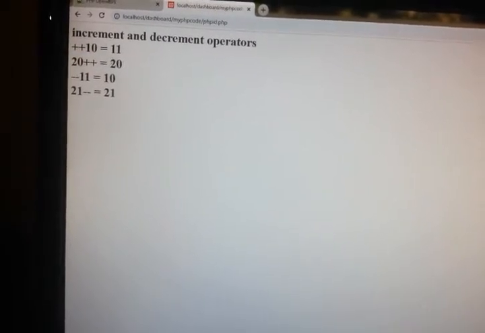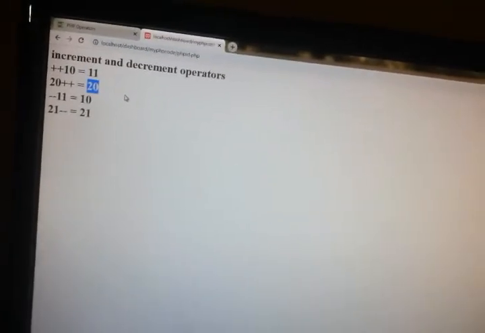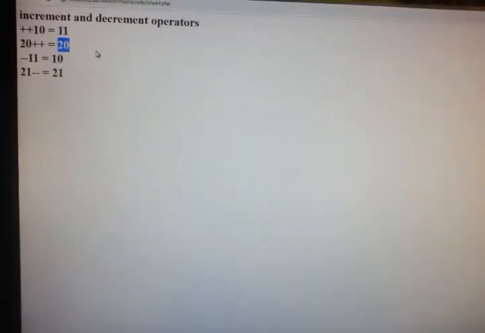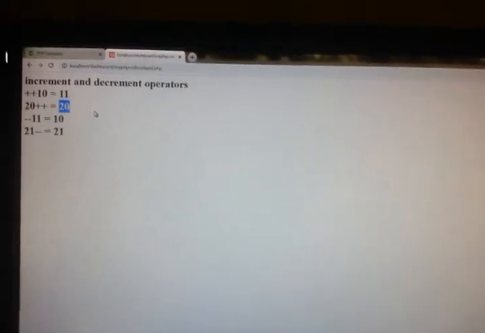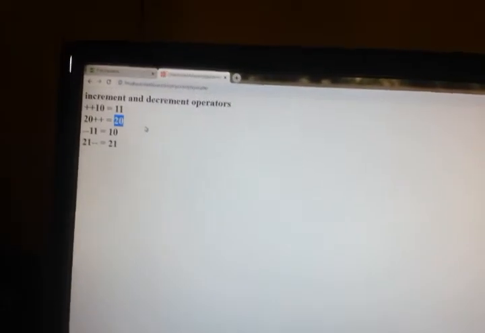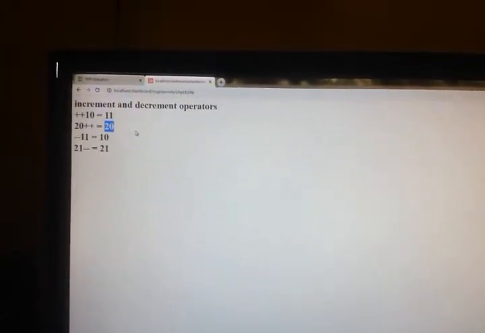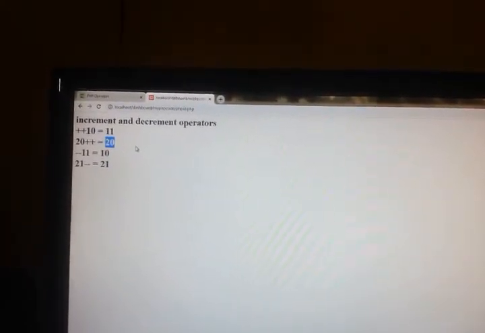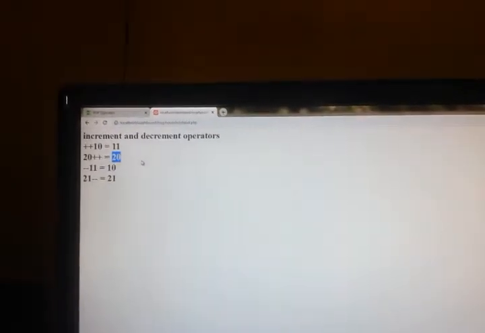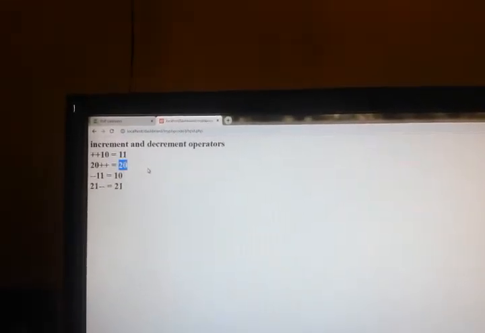Why I got 20 is, there is one small note to be followed here. The difference between pre-increment, post-increment, or pre-decrement or post-decrement, there is one simple note.